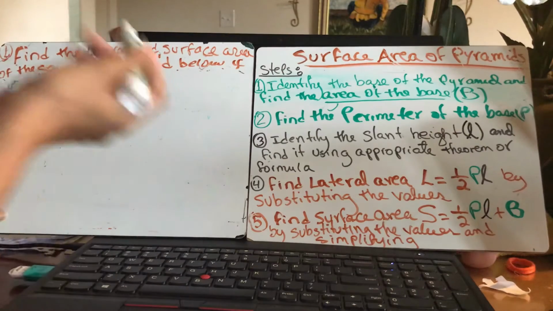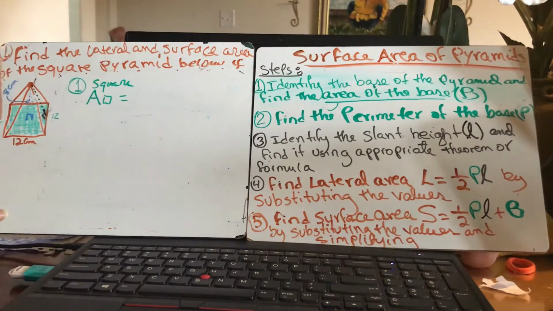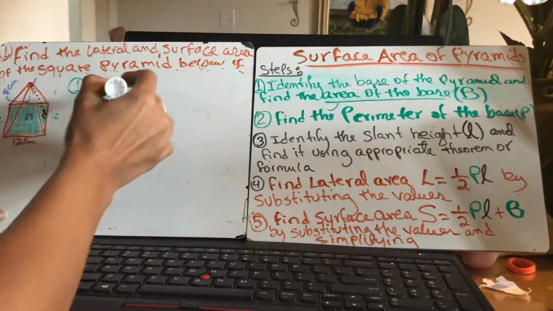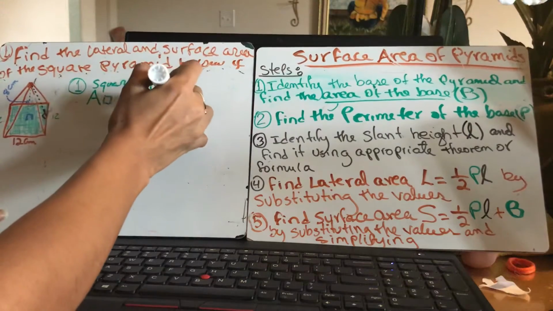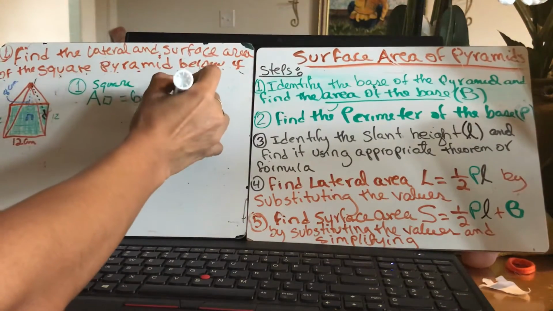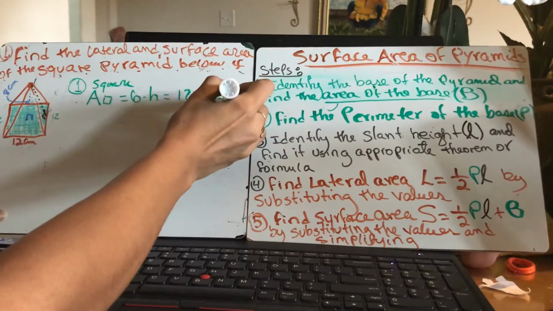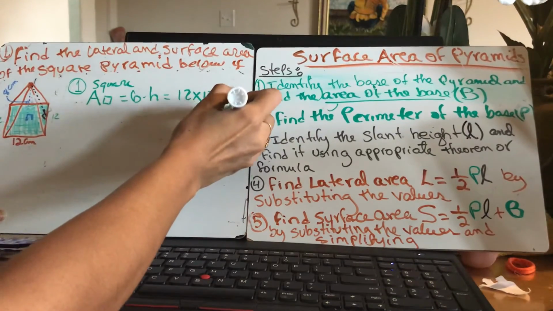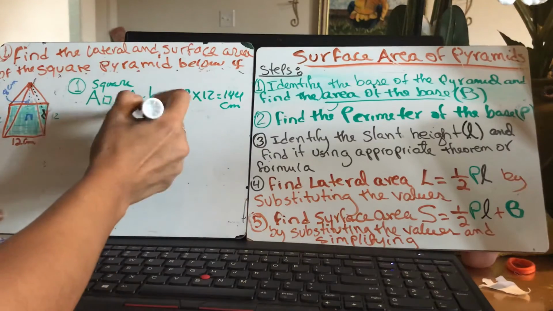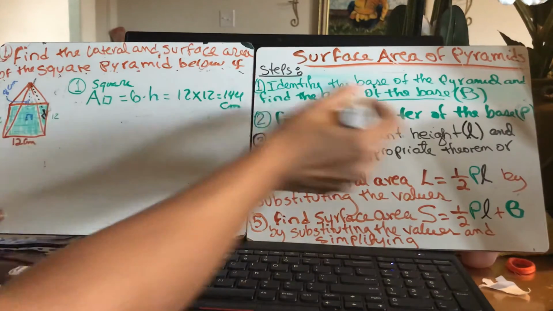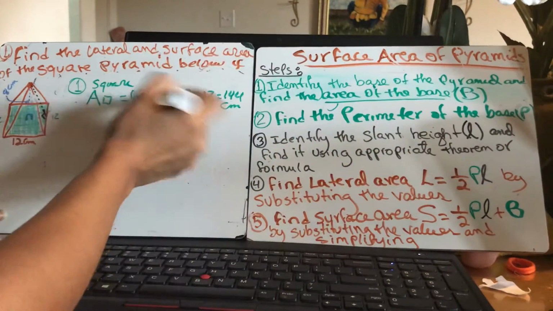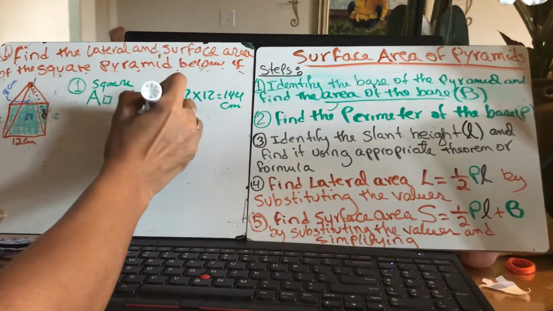So the area of a square is either one of the sides squared or base times height, right? And that is gonna be just 12 times 12, which is 144 centimeters squared. And this is basically our B. Okay, so B equals 144